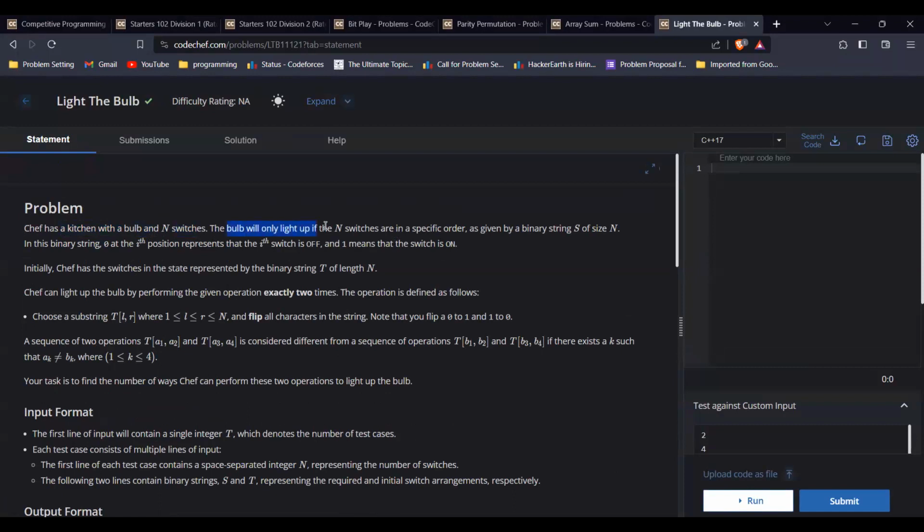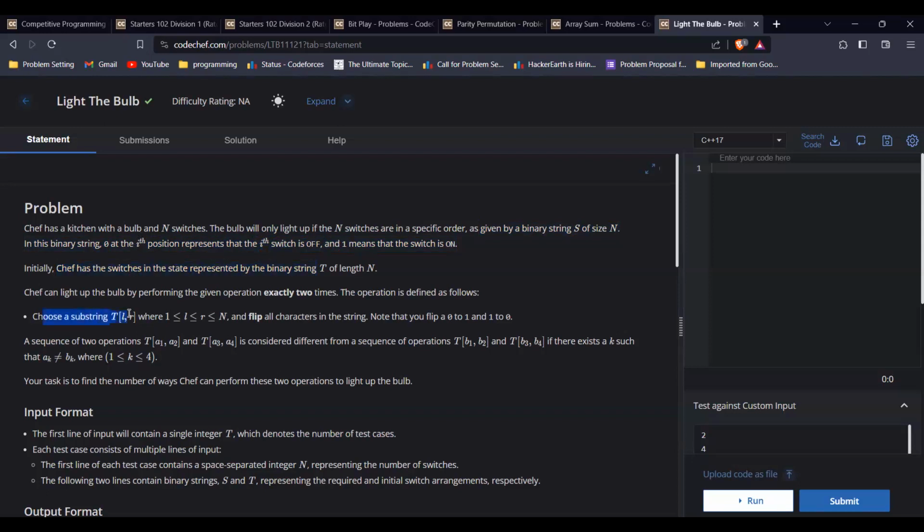The bulb will only light up if the n switches are in a specific order, as given in the binary string s of size n. In this binary string, 0 at the ith position represents that the ith switch is off, and 1 means that it is on. Now, initially, Ceph has switches in a state represented by another binary string, t, of length n. Now we want to make this string t the same as string s, but we can do only